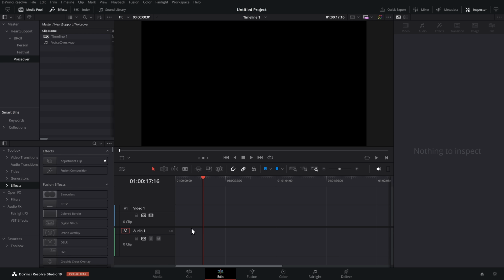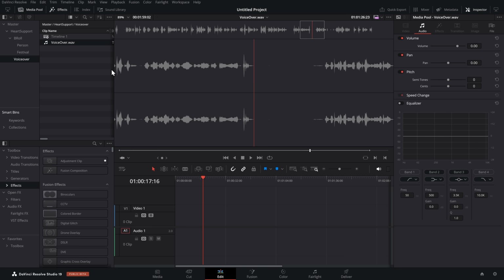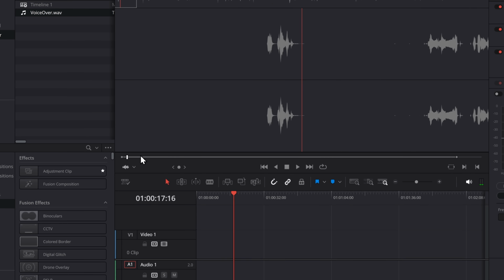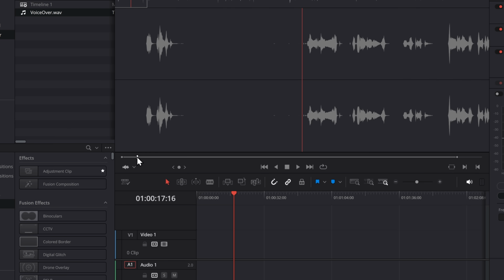The alternative way is you can actually build your timeline up using the source viewer, and I've got a handy keyboard shortcut for that as well. So what I mean by the source viewer is I've got nothing on my timeline at the moment. If I double click on this voiceover, it will open this up in this kind of preview window, and we can have a listen to it, and we can actually then pick the bits that we want to put on our timeline. Now this is using ins and outs, which by default are assigned to the I and O keys